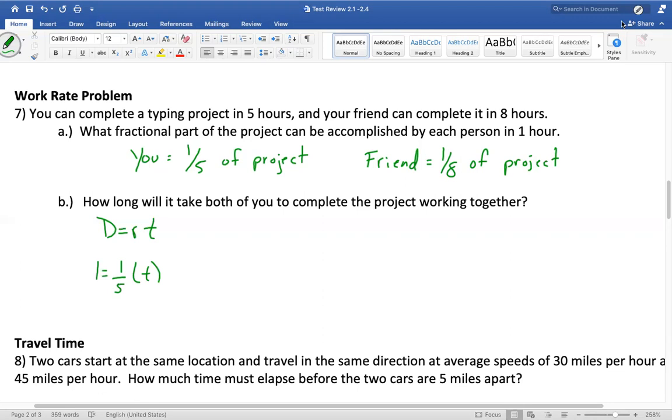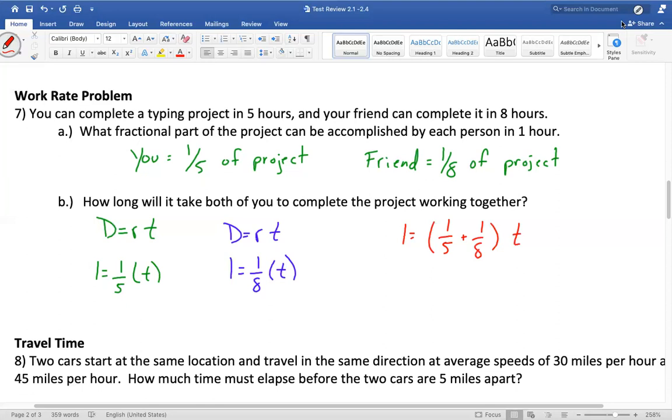All right, now your friend. I'm actually going to change the friend to blue. Think of it as D equals RT again. One project, they're going to do it in 1/8 times the time. The reason why they're together is, well, let's think about it. Their times would be the same. If you and a partner are working on it together, one partner wouldn't work on it longer. You'd both finish the project at the same time. Now, if you work on it together, 1 equals, now this is where it gets weird, 1/5 plus 1/8